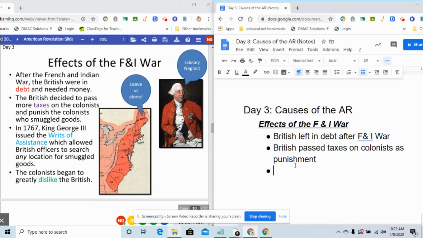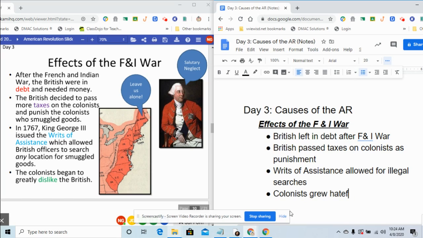So I'm going to write the Writs of Assistance allowed for illegal searches. And if they found smuggled goods, like smuggled sugar, smuggled molasses, or smuggled rum, that colonist would end up tried, possibly put into jail. Okay, and as a result of all this, the colonists began to greatly dislike the British. So I'm going to write that colonists grew hateful. Really, they were hateful. They grew bitter